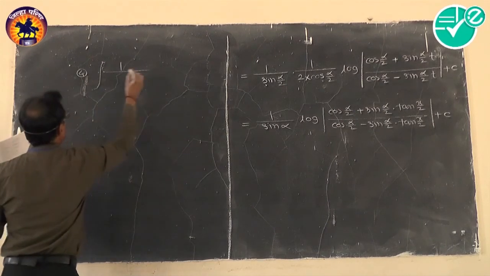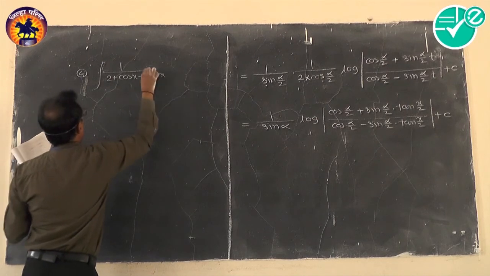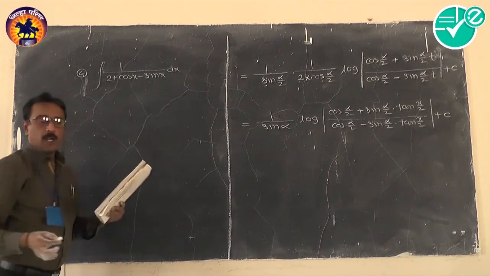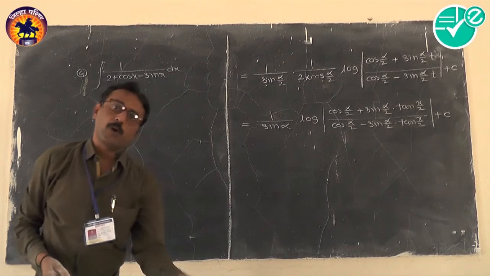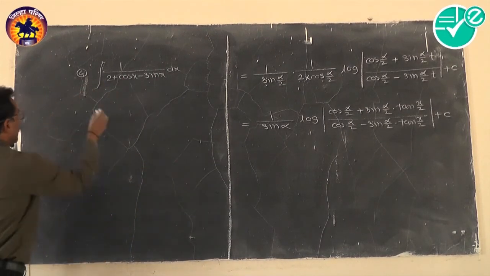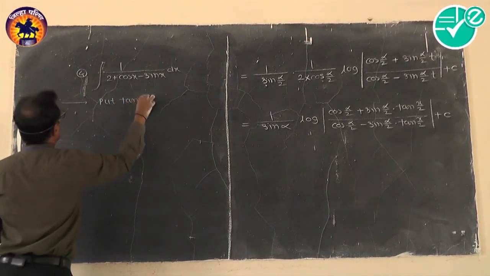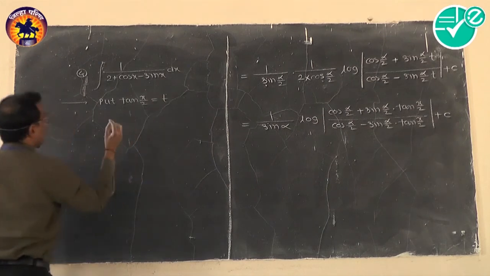1 upon, this is important for CET also. In this, the format is somewhat changed. In this current problem, I have taken 4 problems, but the 4 problems are of different variety. Here sin x and cos x both are present. In order to solve this problem, I will write directly, put tan x by 2 equal to t.